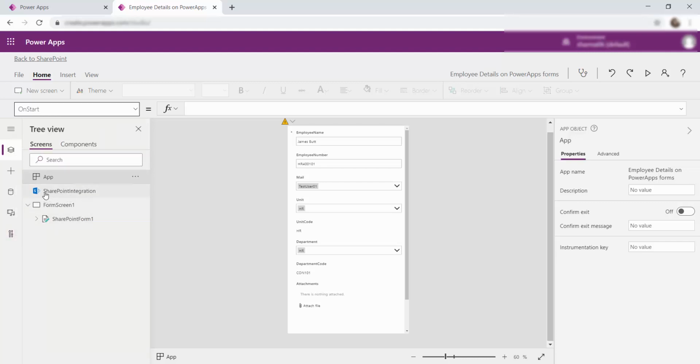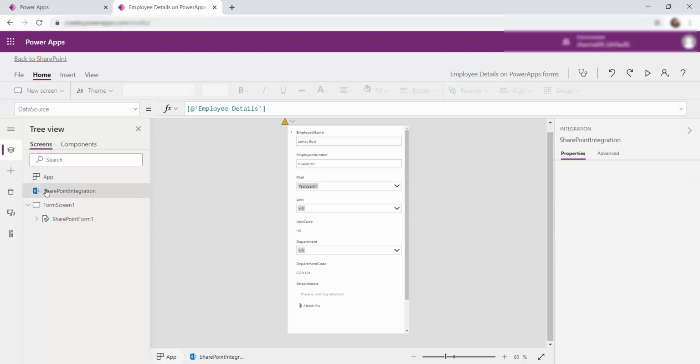Now, the main difference in different kinds of methods will be observed in this particular area. Now, we have something called SharePoint integration. And on click of that, it has its data source as employee details. Now, employee details is our list, and on clicking the customize with Power Apps option from the list, it navigated us to this particular portal along with our list opened and the data connection which was already set up. Right?